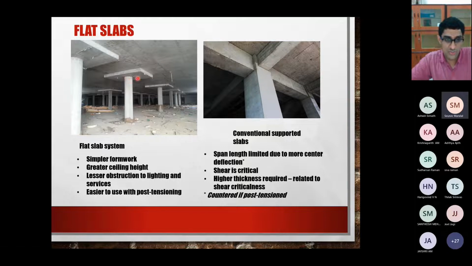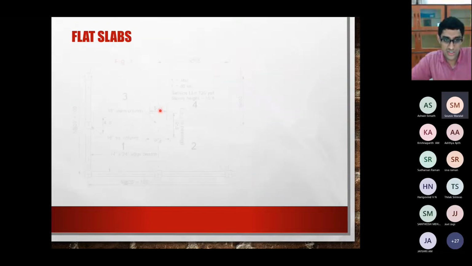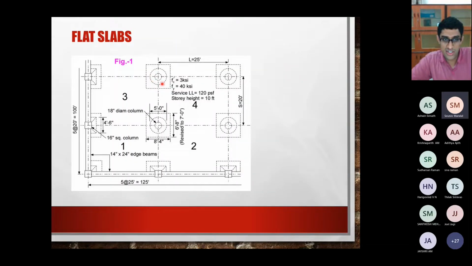Sometimes what they'll do is they'll make the top part of this column a bit thick. That is represented by this outer circle, and then this square, you know what it is. You saw it in the picture. So like this, you can have a system. This is near the edge, the boundary. These are interior columns, exterior and interior columns and interior supports.